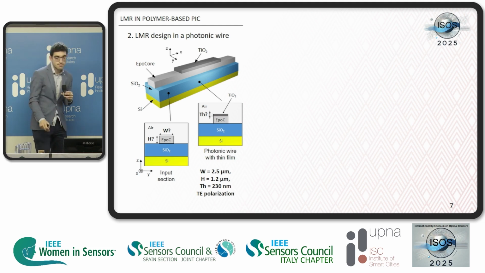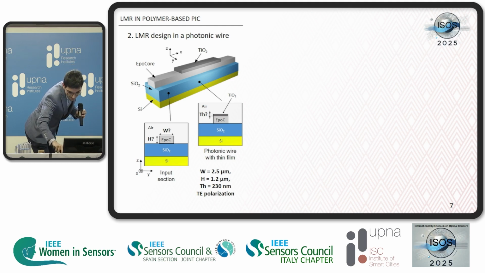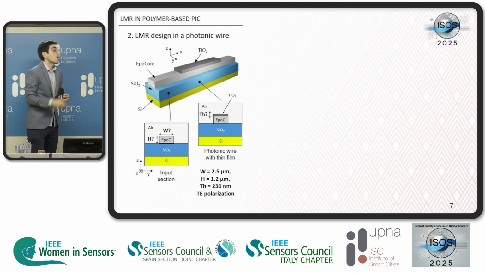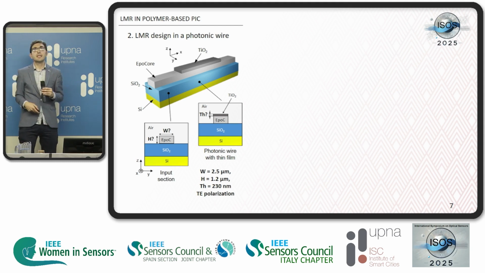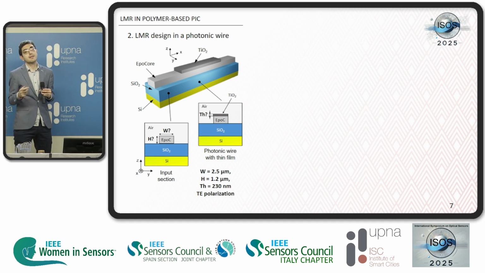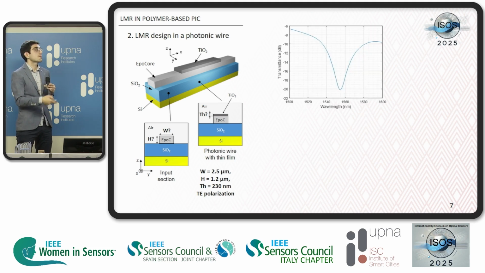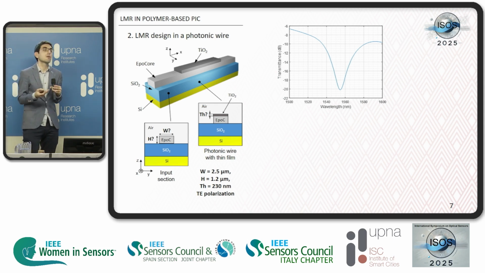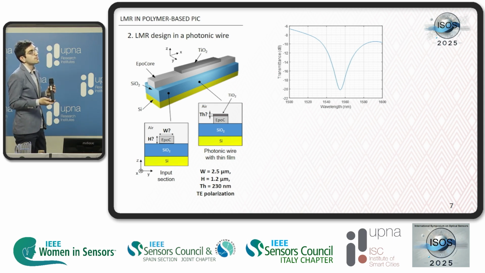nanometers. Okay, so this is for generating a T-polarized LNR, because as Professor Del Villar has said, the LNRs can be T-polarized, or TM transverse electric polarized, or TM transverse magnetic polarized. Okay, but what I can explain is this gives this spectrum, taking into account that this is only 100 nanometers, and I can explain why this gives what I would say this is a good result, a good lossy mode